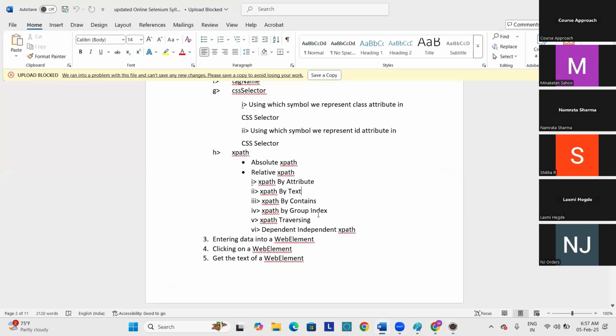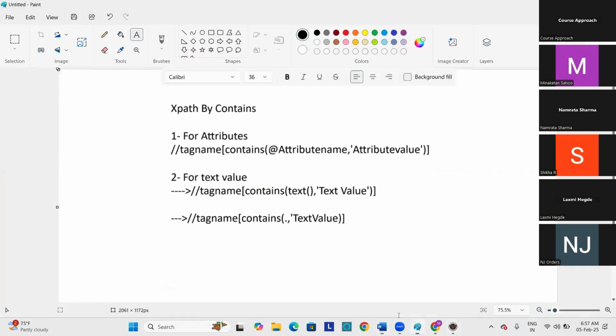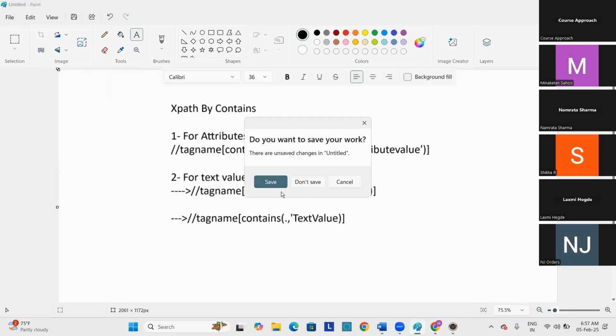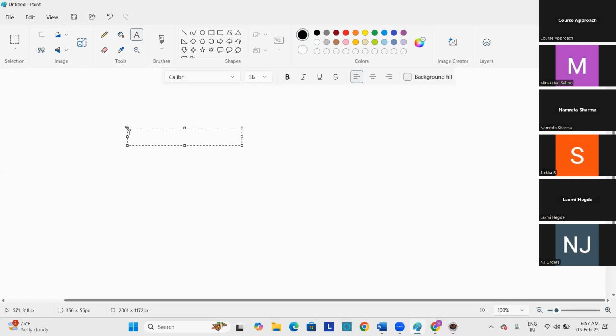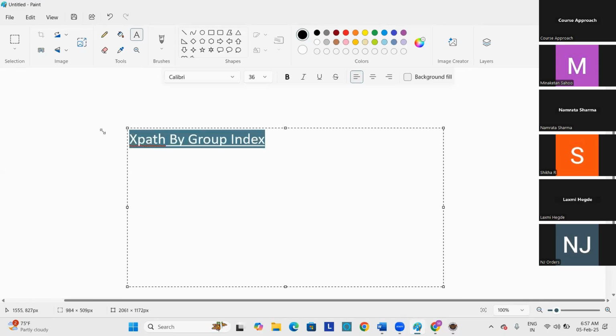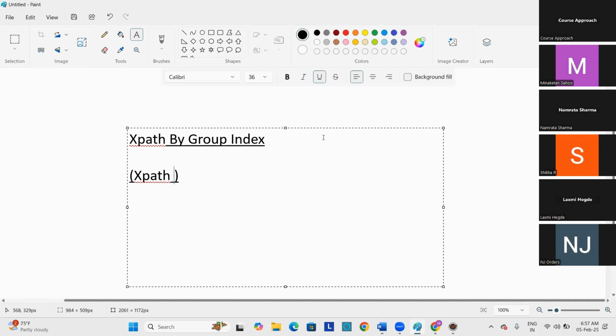Done. Now XPath by group index. Okay. XPath by group index will work like this: any XPath expression followed by your index value. That's it. The XPath expression represents